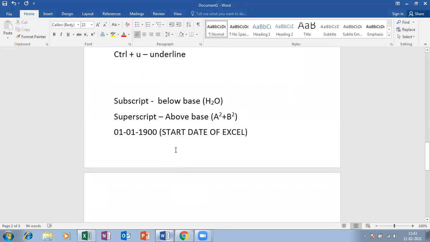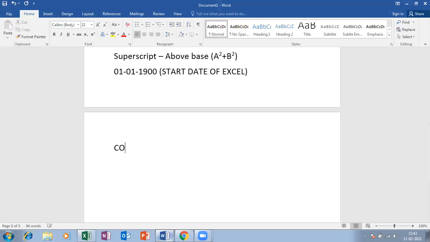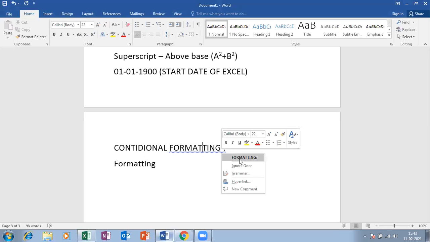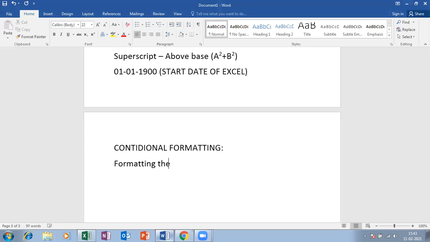Conditional formatting is nothing but formatting the cells or a range based on a condition.